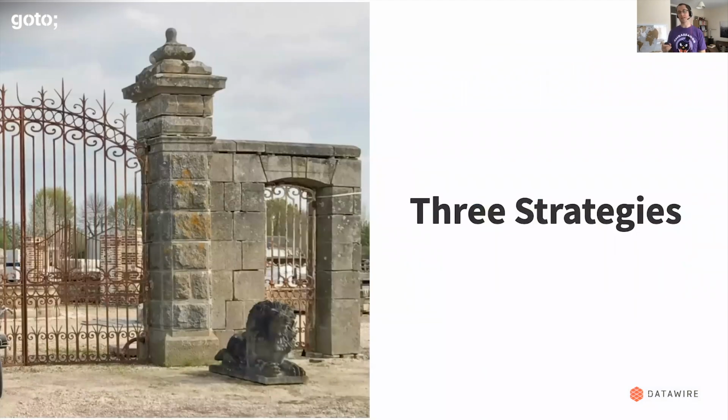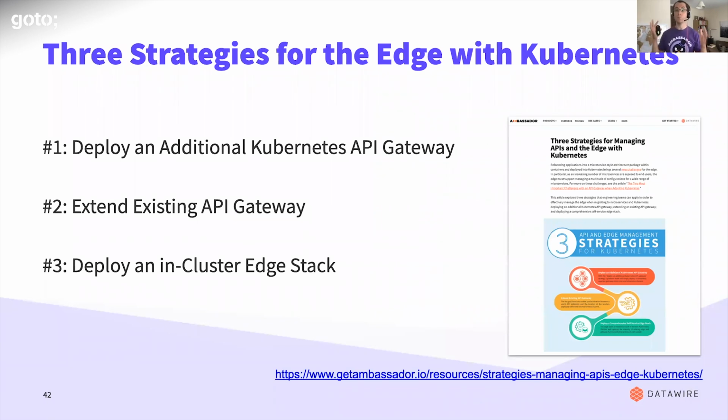3 broad strategies, and again, these are high-level strategies. We can go into perhaps a deeper dive in the Q&A, and I can point you at my team who know even more about, say, Envoy and Nginx and stuff than I do. But the 3 strategies I've seen folks use when moving to Kubernetes, moving to the cloud, are these.